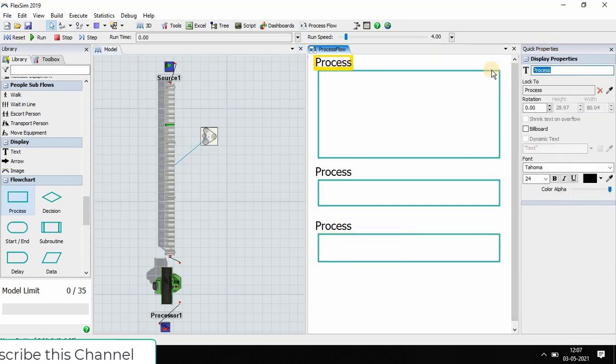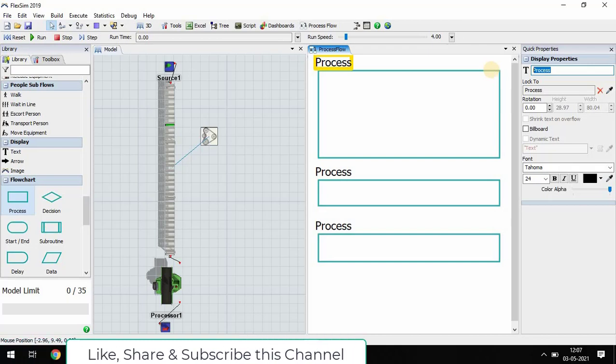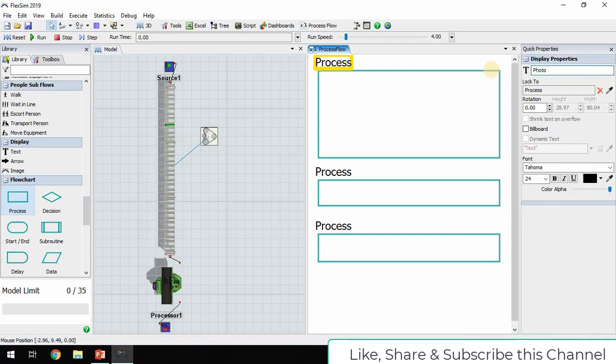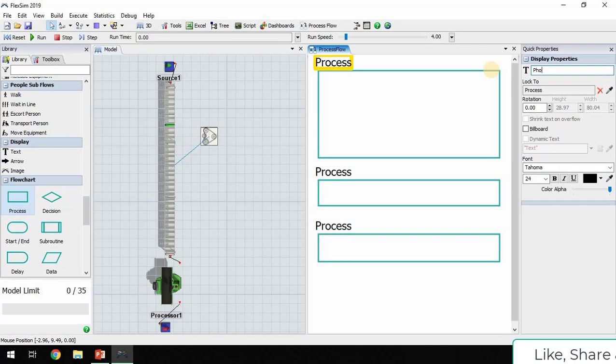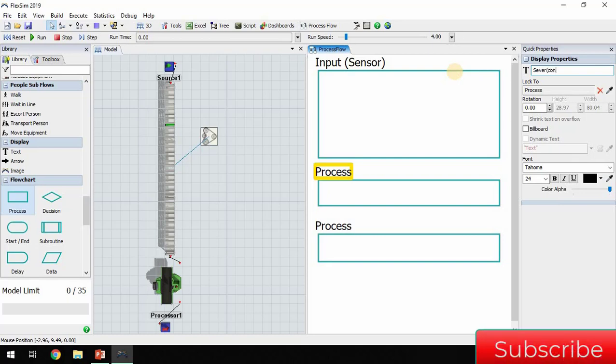The first process is the photo eye, meaning the sensor name, so I'll put input in brackets, sensor. Second is a server; in brackets, this is control or communication.